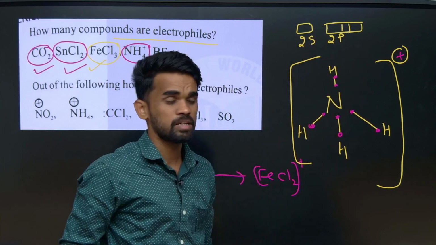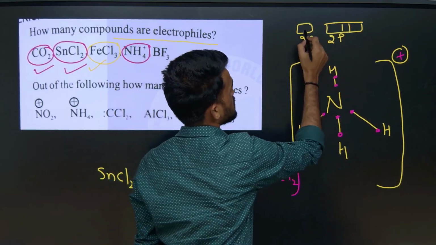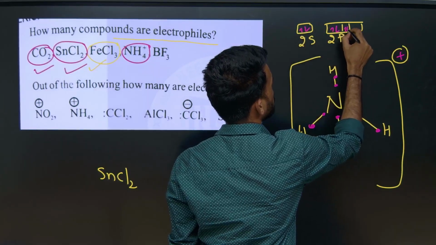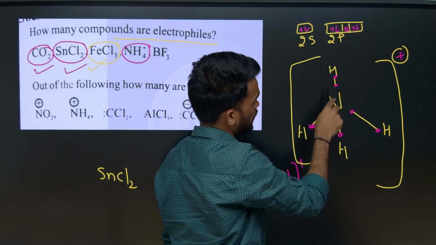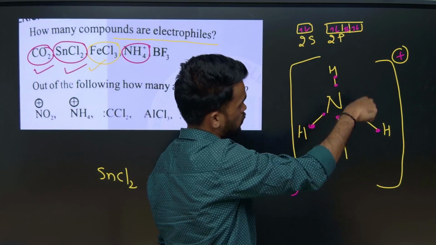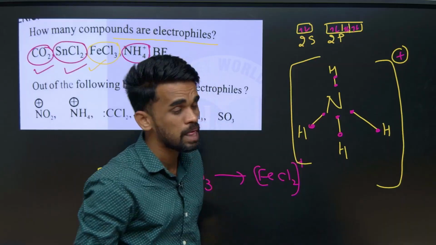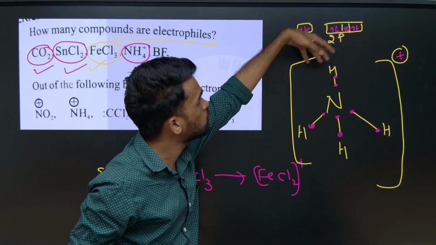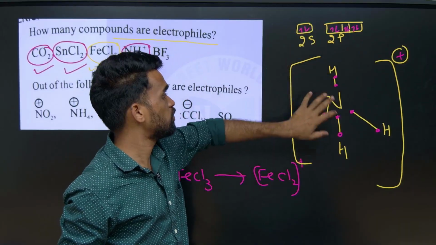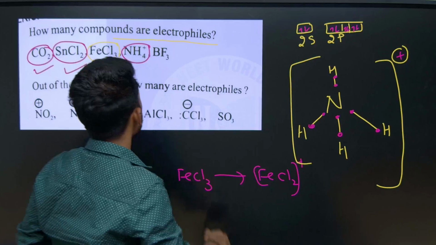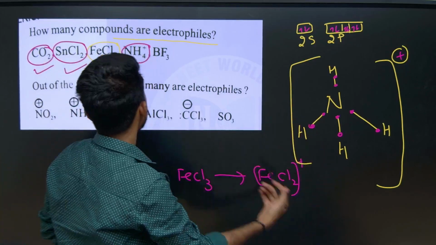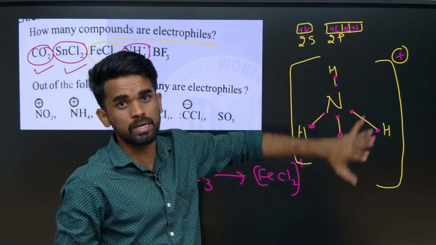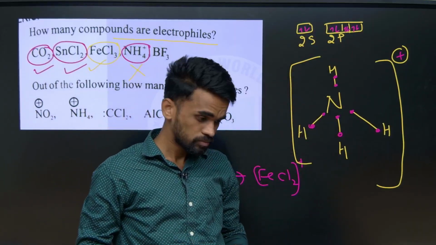4 orbitals are there. In each orbital we know 2 electrons are there. So like that, 8 electrons are fulfilled, already highlighted with pink. These are filled over here, so there is no vacancy to accept the electron. Therefore, this cannot be a nucleophile. That cannot be an electrophile. NH4+ cannot be an electrophile because there is no vacant orbital. I hope this is clear.